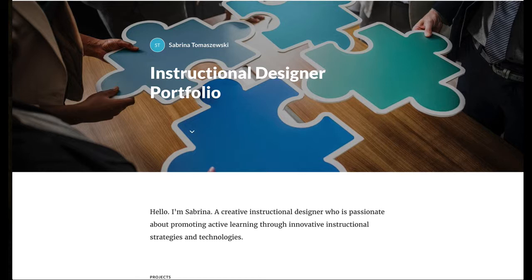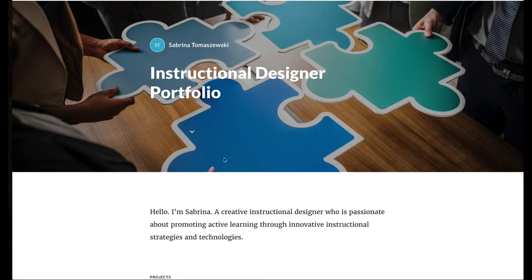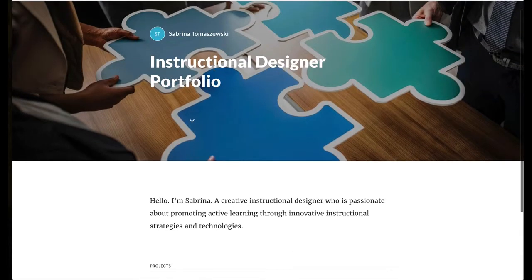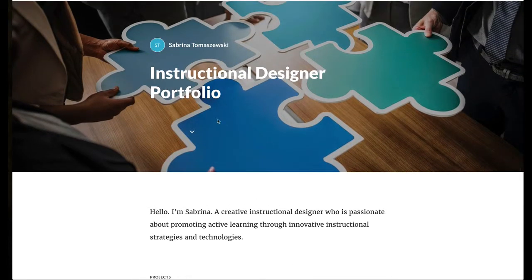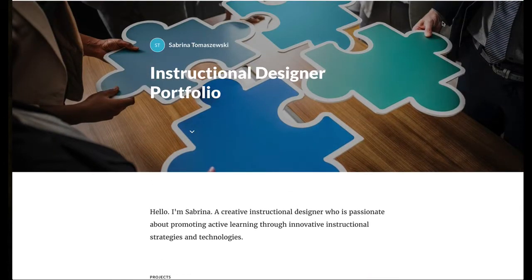Overall, this is really clean. I do like this introduction. You have everything above the scroll here, and then you get into your projects here. Let's see if I push this. This is a little hard to find here, but in which case you might want a button somewhere that says projects, because otherwise they're going to have to scroll down to get to those. I also wonder,